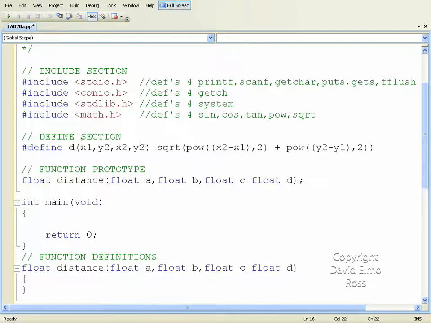Whoops. x1, y1. So x1, y1, x2, y2, it's going to do all this kind of stuff. Now let's just make sure we've got this set up right. So we're putting in coordinates x1, y1, x2, y2. It's going to do x2 minus x1 squared plus y2 minus y1 squared, and do the square root of all